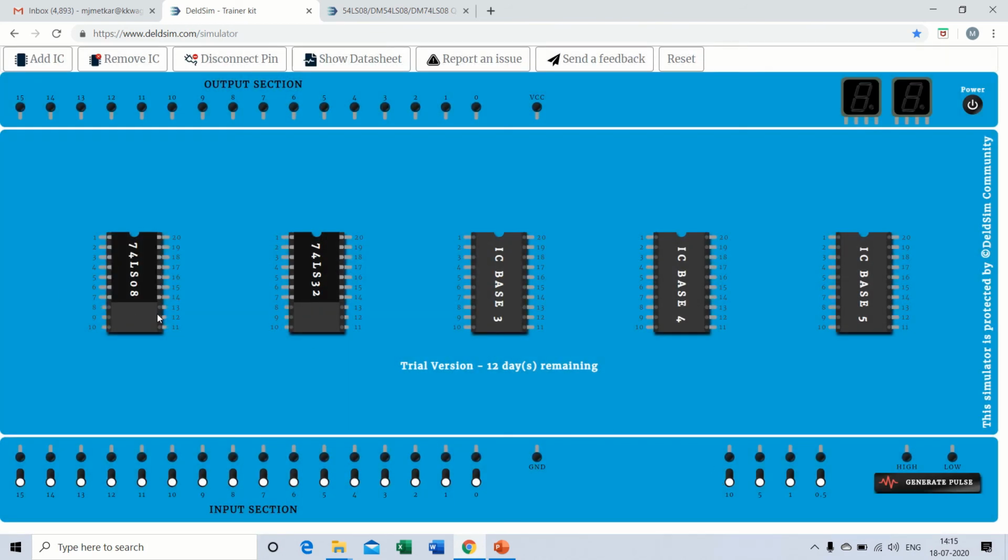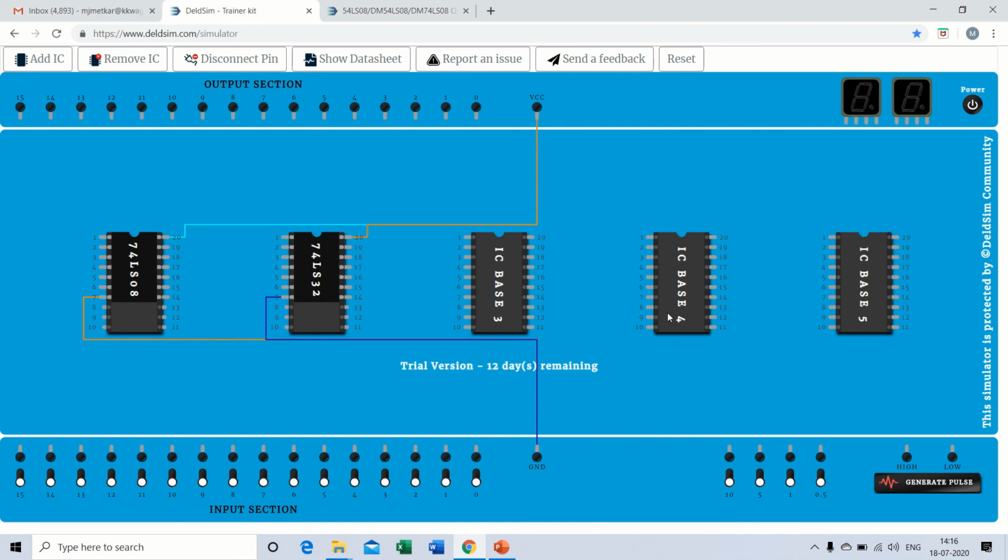Those are added now, 7408 and 7432, and now we can give the connections, that is 7 is our ground, then 14 is our VCC, and then we can give the inputs 1 and 2 and so on.